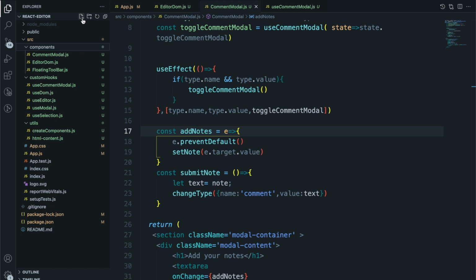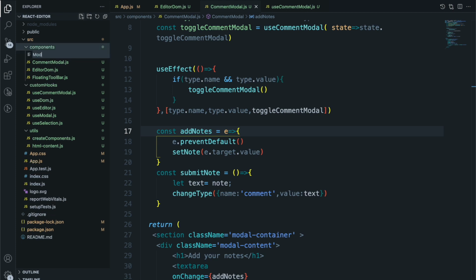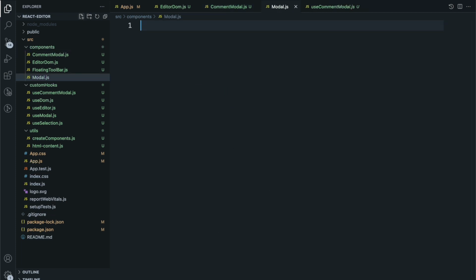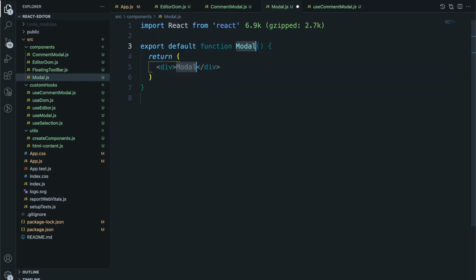All right, so we created our comment model. Now we should create our model. The normal model will be used for picking colors and giving highlight text. Everything is pretty similar to our comment model. So let's